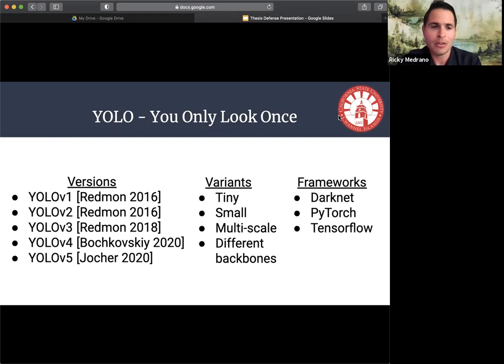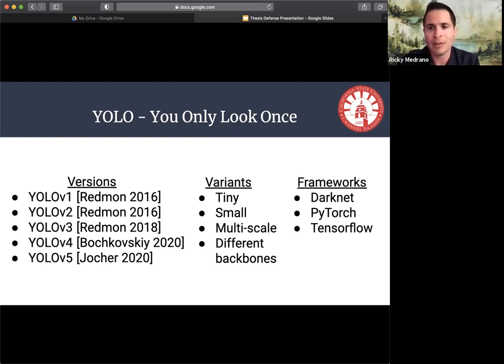The original YOLO came out in 2016 by Joseph Redmon, and later that year, he released an improved version where he achieved better accuracy by introducing anchor boxes, variable resolution input, and batch normalization. In 2018, he released YOLO v3 with novel improvements that further increase accuracy and speed. In 2020, Alexey Bochkovskiy released his paper on YOLO v4, which introduced bag of freebies and bag of specials techniques